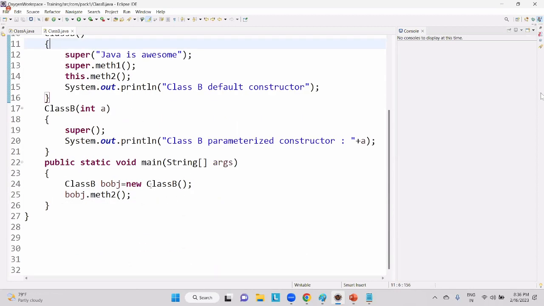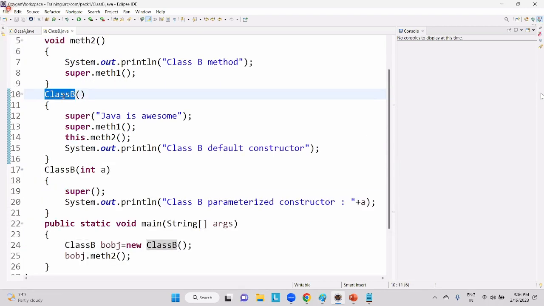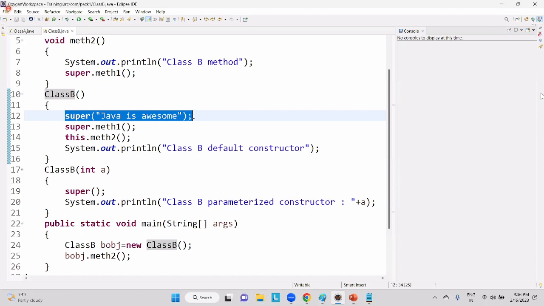In main method, what is happening? We are trying to create an object with the help of new keyword and initializing that object with the help of a constructor. Which constructor? Default constructor of child class, that is class B. From here directly our compiler will be coming to here. Inside that, what is the first statement? Super